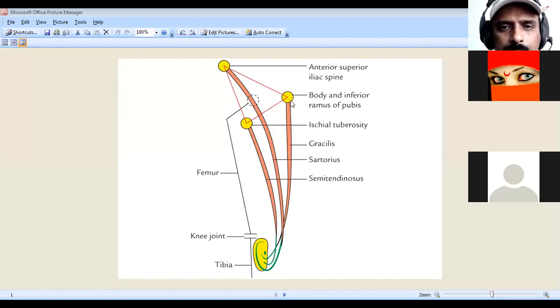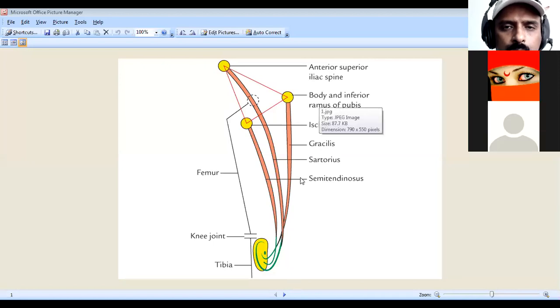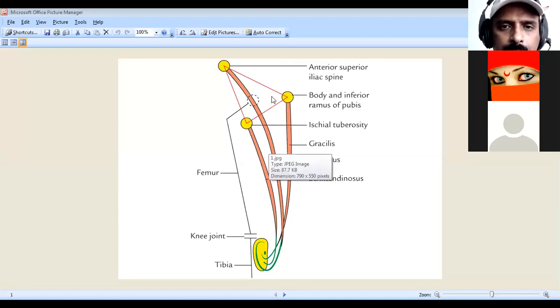Suppose the three elements of the hip bone, ilium, pubis, ischium, are considered as a tent. That tent is all balanced by these ropes. So those we call guy ropes, and they depend on the three elements, ilium, pubis, ischium, each one giving origin to one rope, across three compartments.